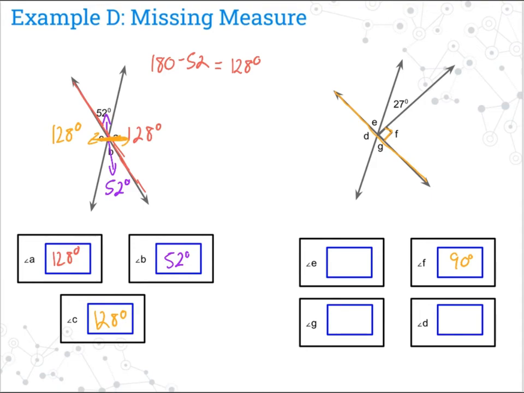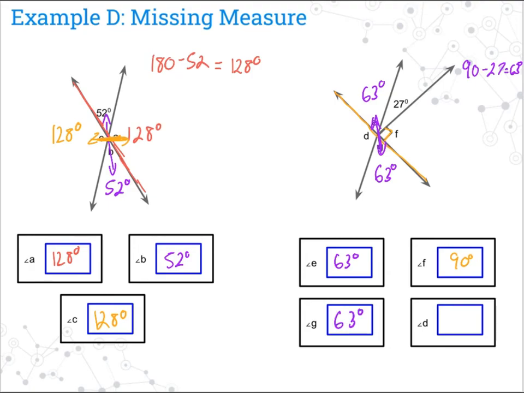So if we take our 90, subtract the 27 that we have right now, 90 minus 27 is going to give us 63. So we have 63 degrees for letter E. And let's fill that in down at the bottom. So now that we have that, we need to notice that E and G are vertical angles. They're across from each other, which means they're equal. So if E is 63, then G is also going to be 63 degrees,